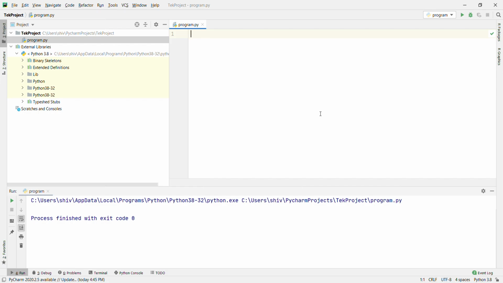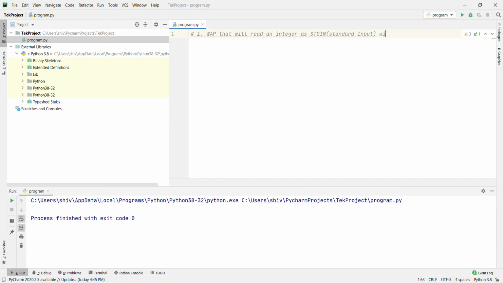Okay, let's start with the first program. In the first program, we are going to write a program that will read an integer as stdin, meaning standard input. That is the input we are going to take from the user.